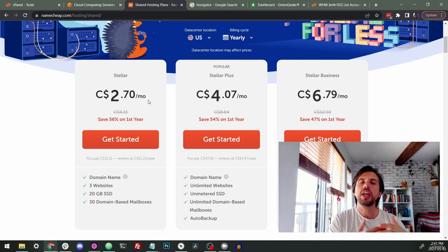Now, hooking everything together is complicated. I'm going to give you just some of the terminology that you can look up if you end up having to do this yourself. There's going to be lots of videos about it. You're going to have these things called name servers that are basically on the domain, and you have to point these name servers to the right hosting. So if you get certain hosting, they'll give you 2 different name servers, and you have to go back over to where you bought your domain, and there'll be a little place where you can enter in special custom DNS